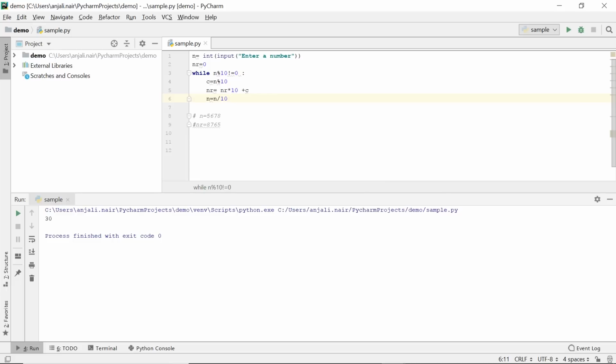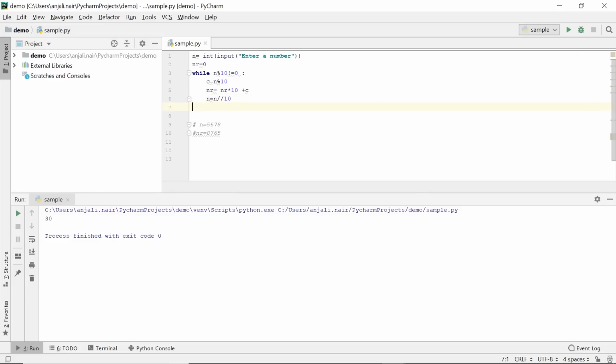But in Python, if we say n divided by 10, it puts a decimal point just before 8, so 8 is still there. On the other hand, if we say n integer-divided by 10, our result would be an integer and only 567 would be returned to n. Now, since n has reduced from 5678 to 567, the next time you go back to the while loop and do n mod 10, it's 7 that is extracted. And this way, we can extract every digit from n and keep adding it to nr in the reverse order.